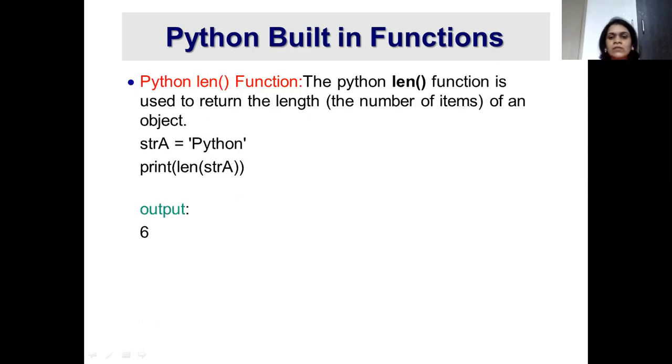Similarly, there is one more inbuilt function to find the length of a given string. So here the length of the string, which in this case is Python, is 6, and will be displayed on the screen. The inbuilt function for this is len. Whenever you have to find the length of a string, you just have to make a call to that function. You did not write down the lines of code to calculate the length of the string.